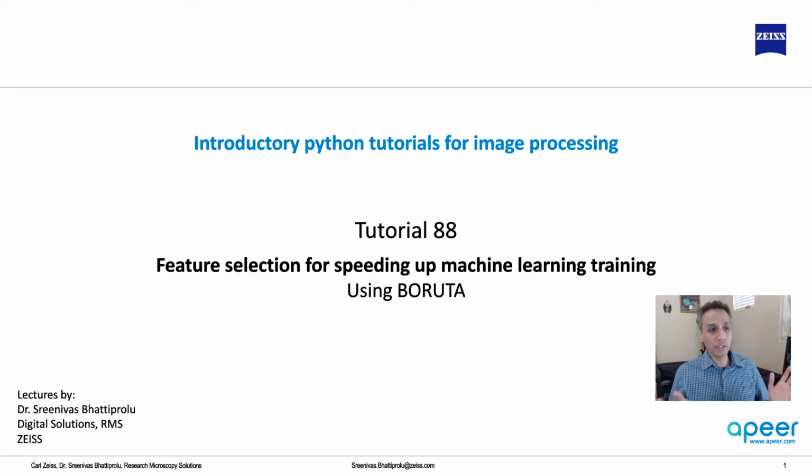Now, if you have thousands of features, training is going to take a lot of time, but then you can train with a smaller set of data, find which features are the ones that are actually working, and throw away the features that are not working, and use the good features to train your entire data, right? So for that, we are going to use a library called Boruta, B-O-R-U-T-A,